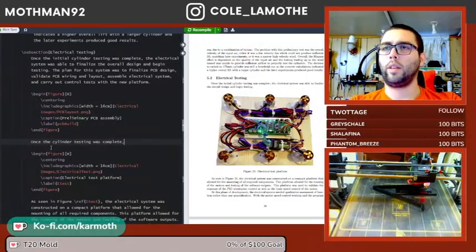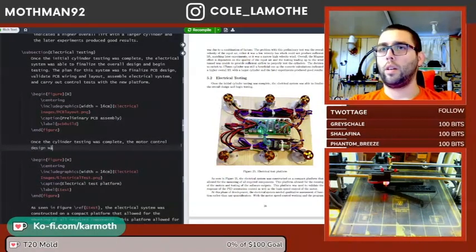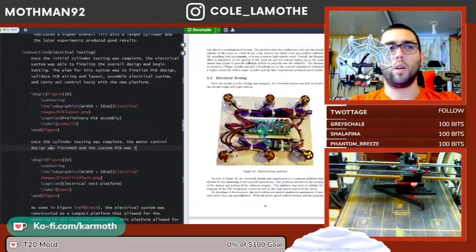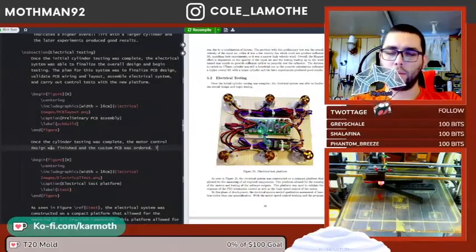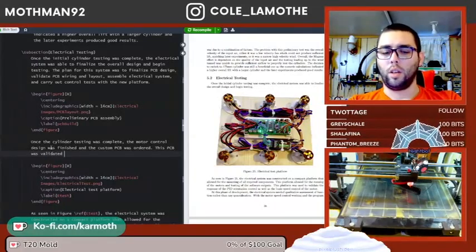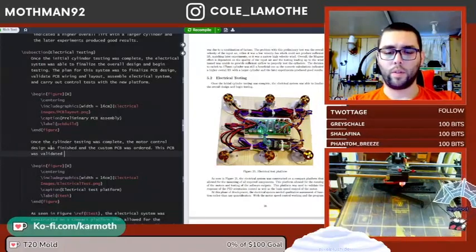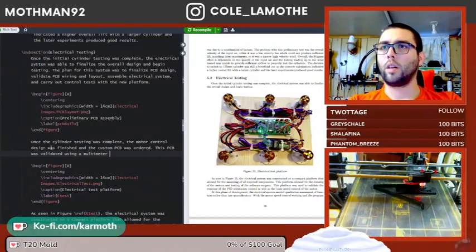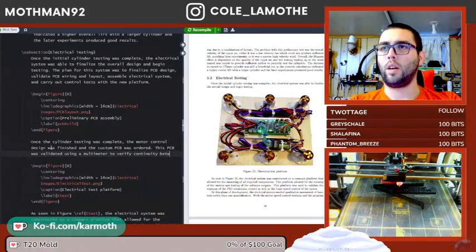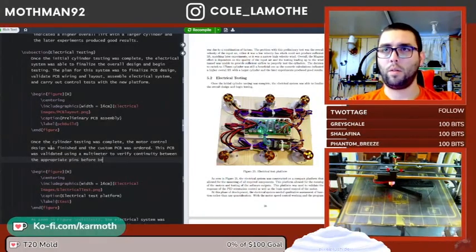is complete. The order of design is finished, and the custom PCB was ordered. This PCB was validated using a multimeter to verify continuity between the appropriate pins before